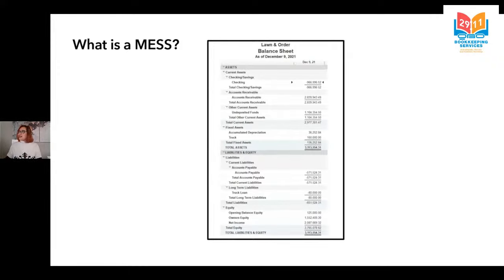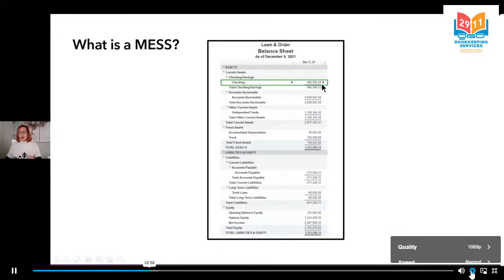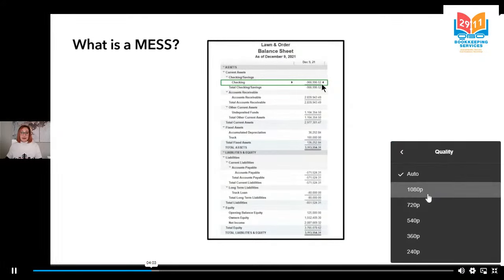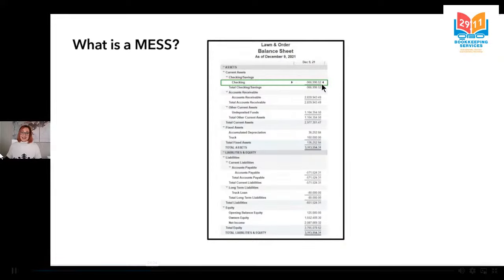For example, let's take a look at our checking balance. Do you notice here how this is a very large negative balance? That is definitely an indicator of a mess. We have obviously recorded some transactions incorrectly. Usually, the checking account will have a positive balance, or at least hopefully it should. QuickBooks should always mirror what's happening in the real world. So this is not a great sign for us right now in our QuickBooks.